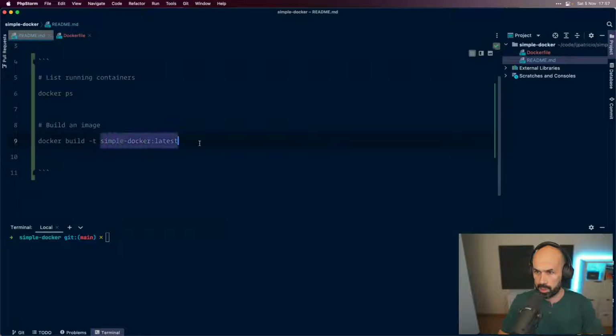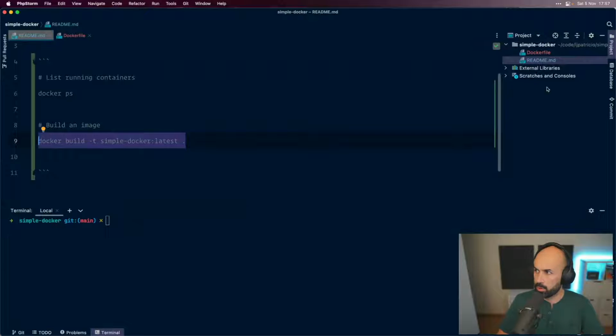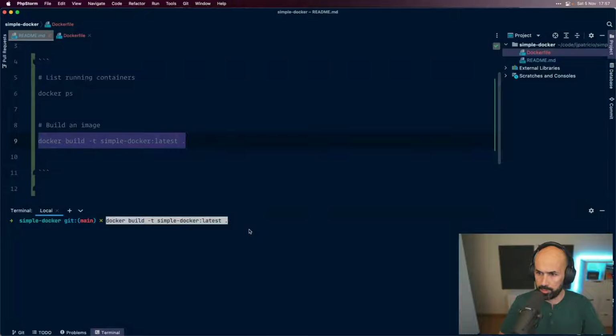So this will be the tag, and I will instruct Docker to use the current directory as the context for the build. So it will find the Dockerfile, the README, that folder.